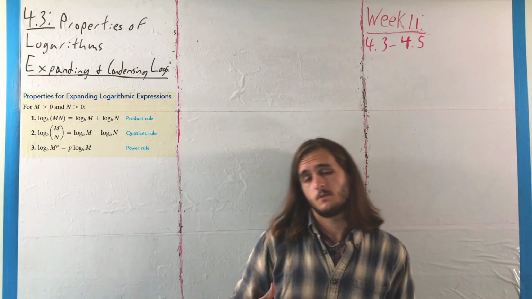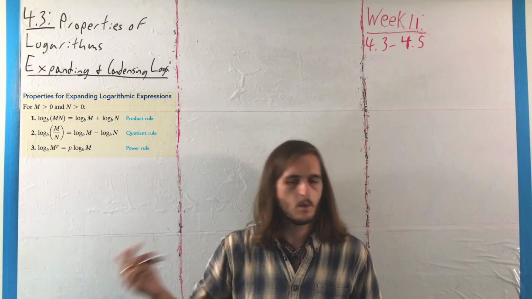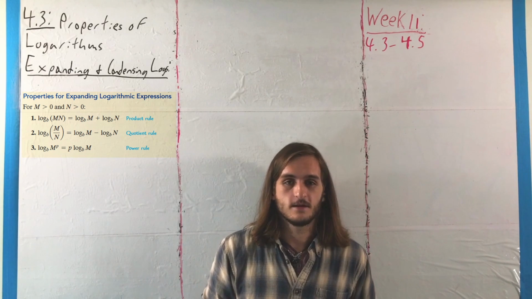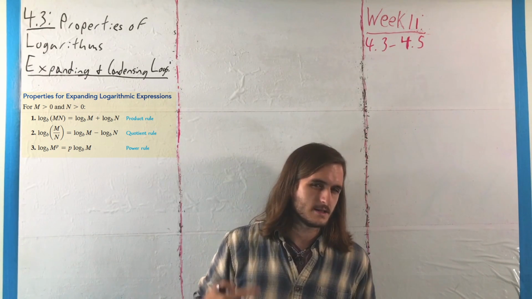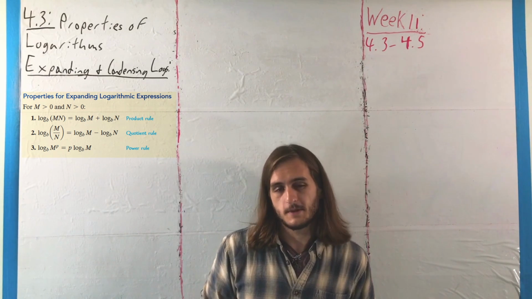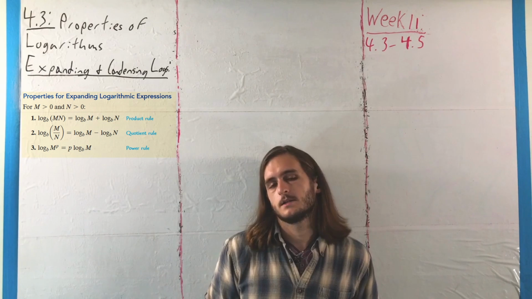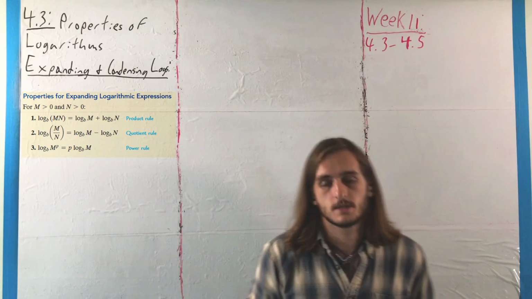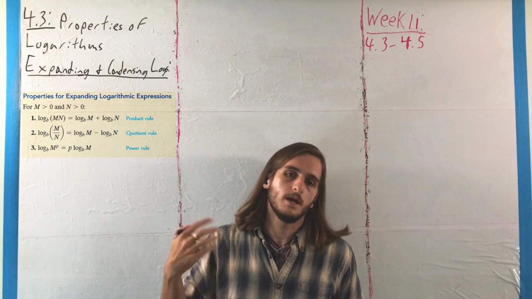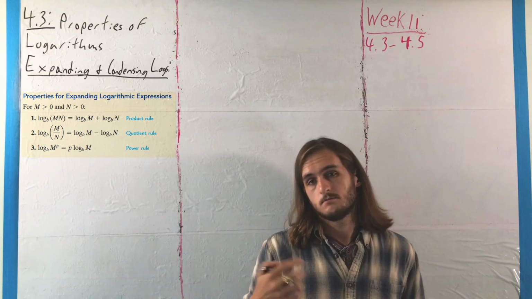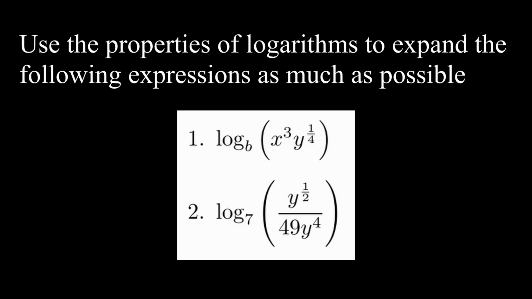So as I said earlier, sometimes we might want to have a logarithm presented in one way or another, where we've got so many different ways we can do it, as we've seen so far, because multiplying in a factor of 1 is a little weird for logarithms. Adding in a factor of 0 is also a little bit weird. It goes in some funky places, some weird directions. But if we want to work in terms of making something longer or making it shorter, our main pieces here are the product, quotient, and power rules, as we're going to see with some examples going in both directions. So first, we're going to use the properties of logarithms to expand the following expressions